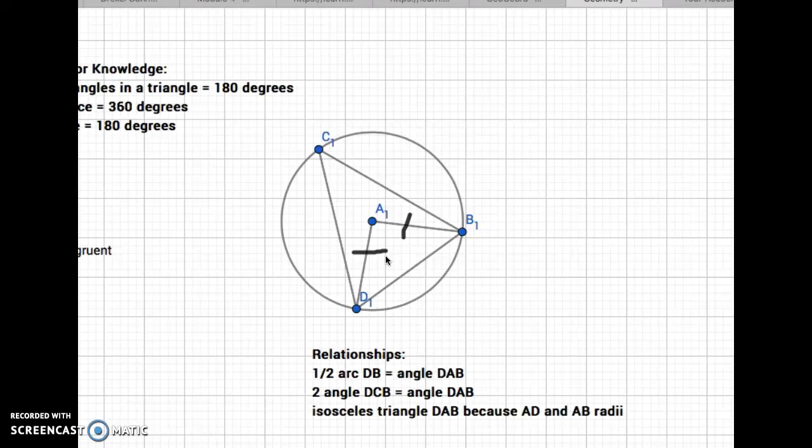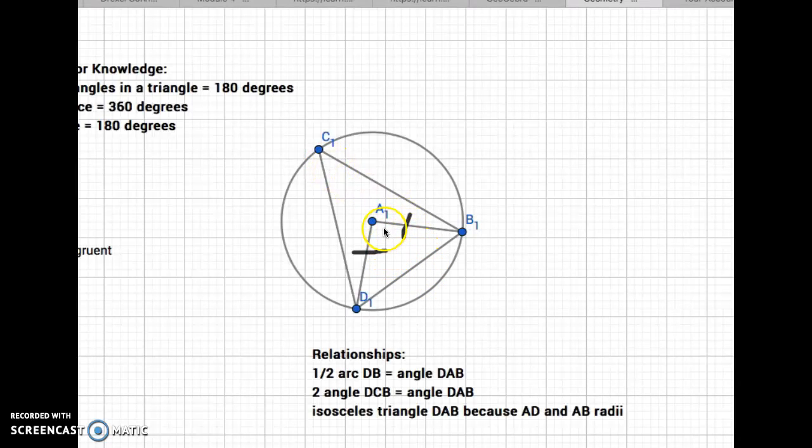With an isosceles triangle, they're able to figure out the length of all the sides and the angles of the sides. And if these two triangles, DAB and DCB, are similar, then they will be able to figure out the angle measure of C